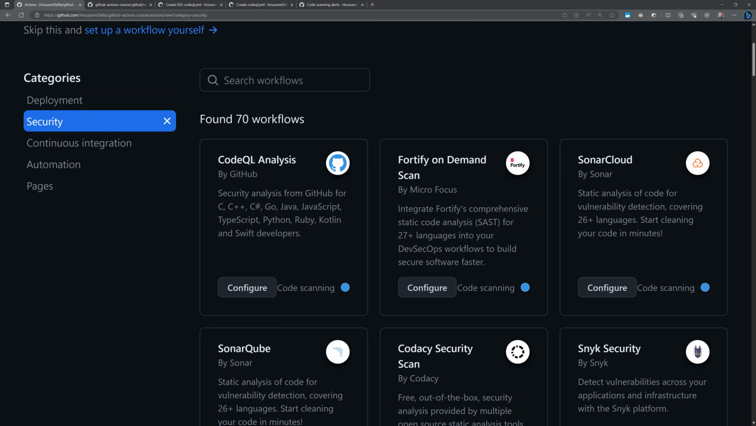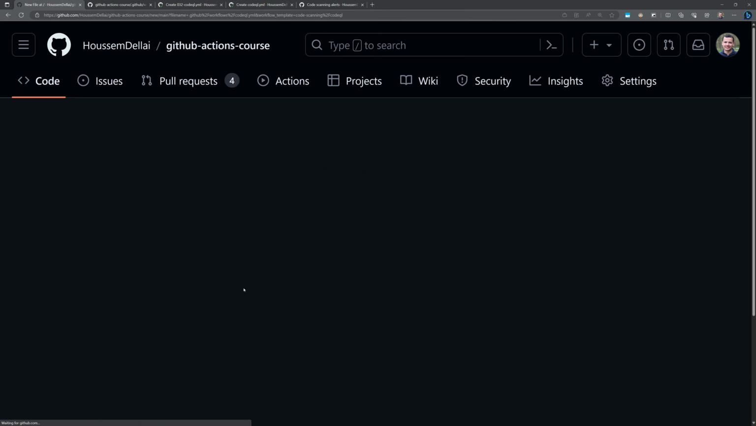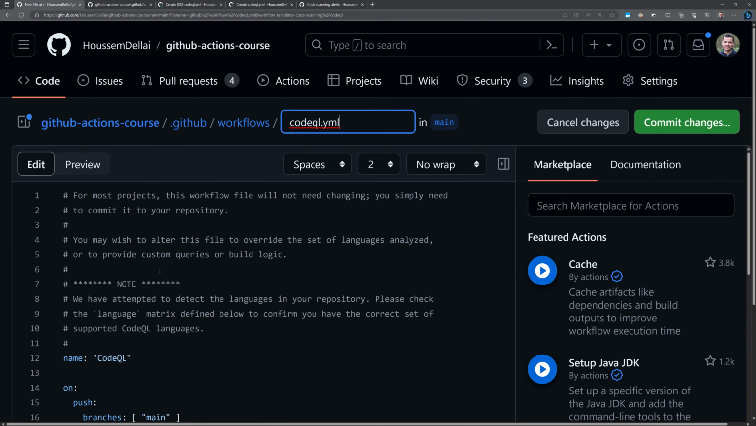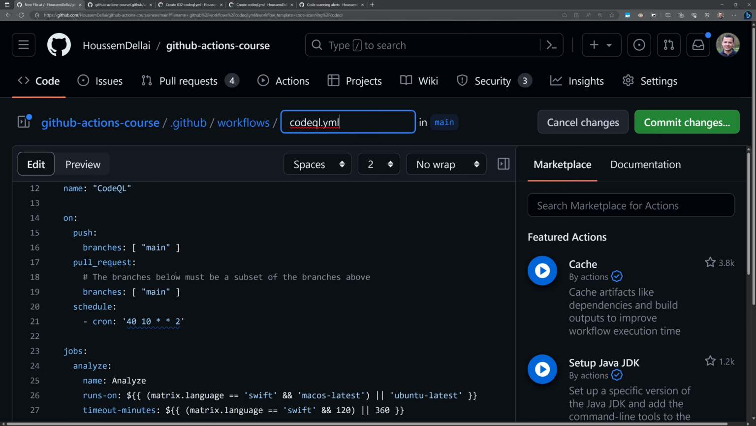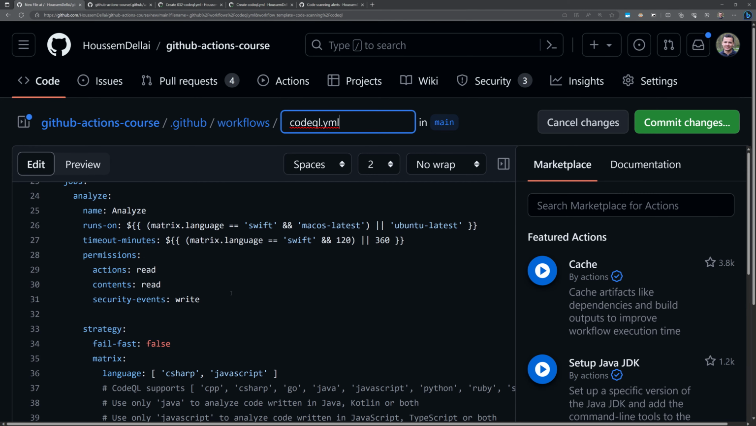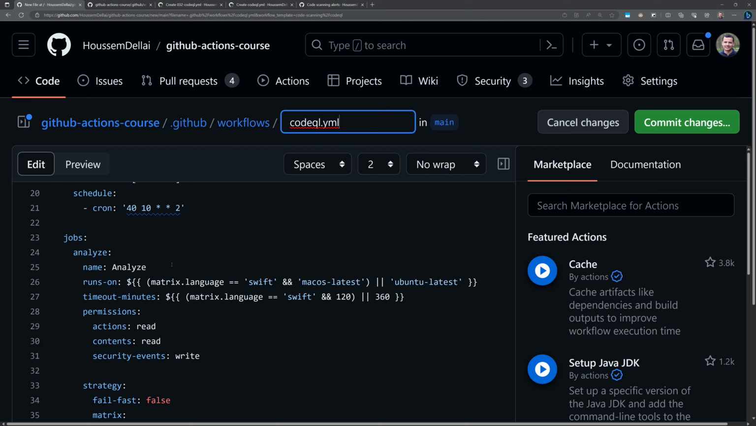And for my demo today, I'll continue with CodeQL, which is developed by GitHub itself. It's an integrated feature within GitHub Advanced Security. So I'll click to it, and this will go to provision a sample pipeline. I can change this pipeline, but for the sake of this demo, I'll just keep it simple